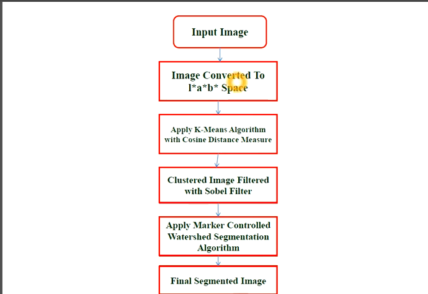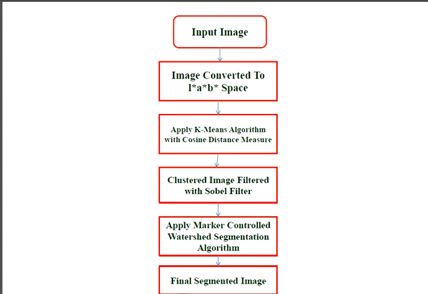Now in the second step, I have converted my RGB color image into the L star, A star, B star one through simple mathematical equations. That can also be done through some library functions, and if you don't want to modify the functions, then you can directly use them. So now we have our L star, A star, B star converted image.